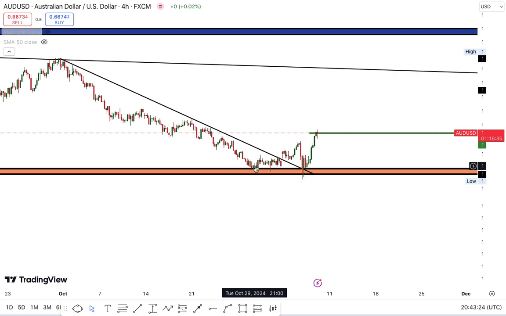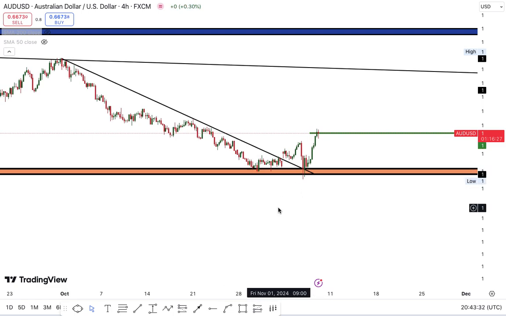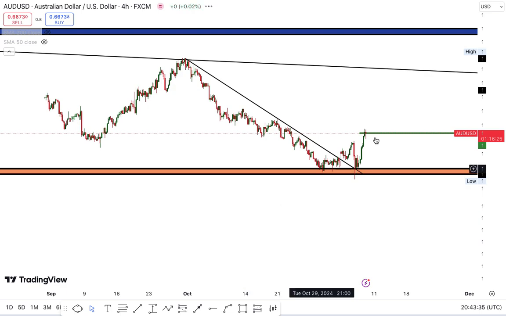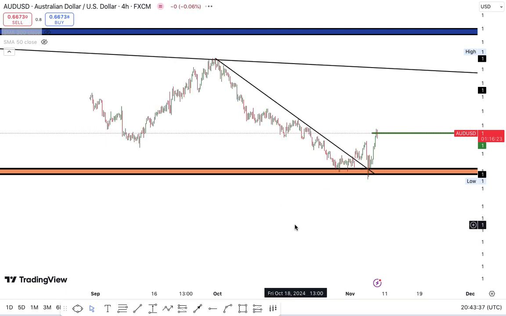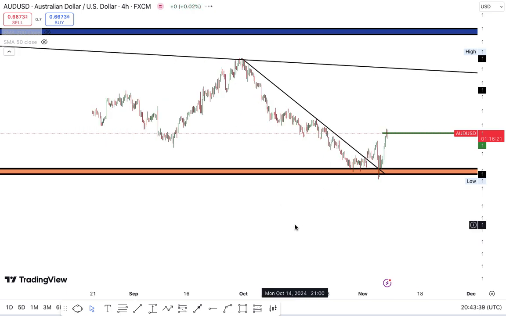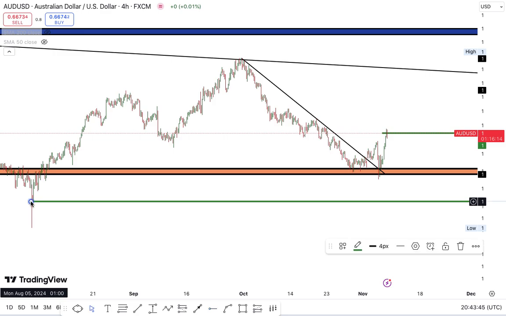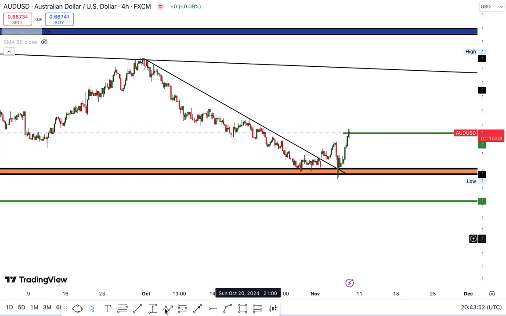For example, in this trade, this setup, where would you have put your stop loss? Say for instance I executed this trade here. Where I will put my stop loss is very simple. I will most likely put it somewhere around here, at this low. How many pips is that? That will be more or less.